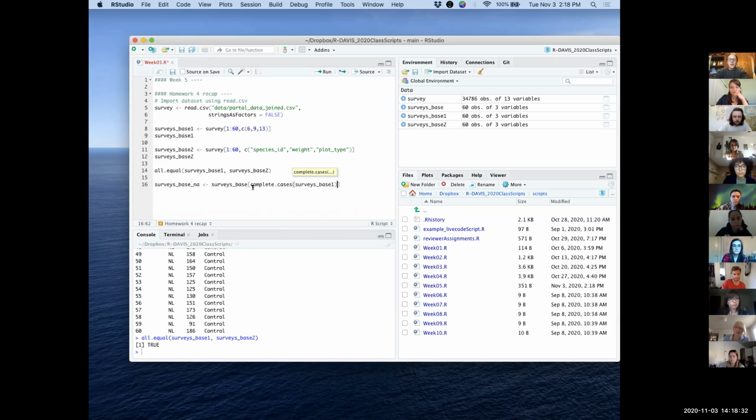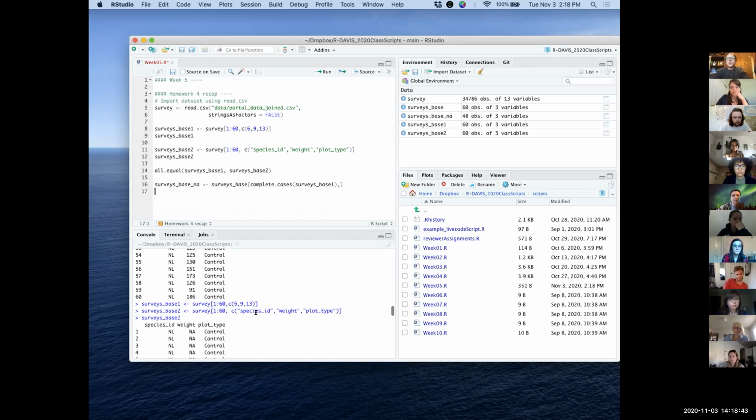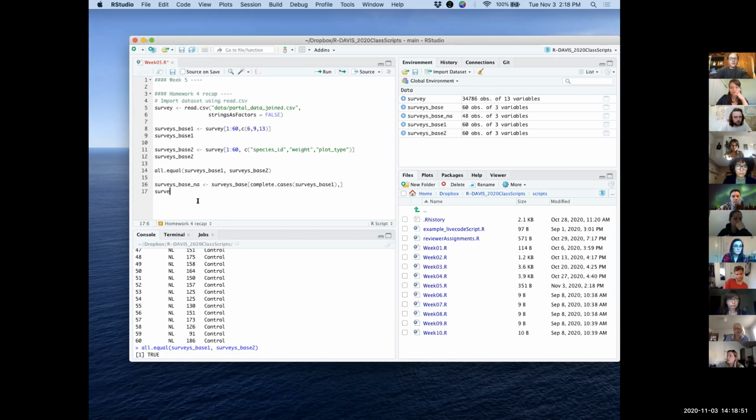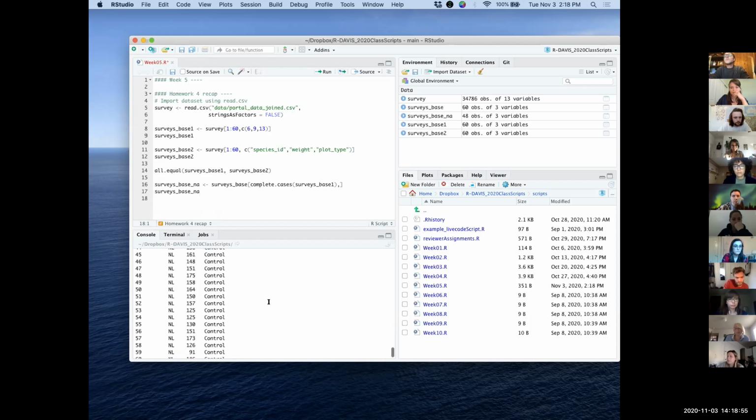Oh, so you had a comma after the parentheses? That's correct. Yeah. Okay, so this is a way that worked because of how these data are currently structured. And so this got rid of all of the, let's look at it. This should have gotten rid of all the cases where there were NAs in the weight column, but one thing